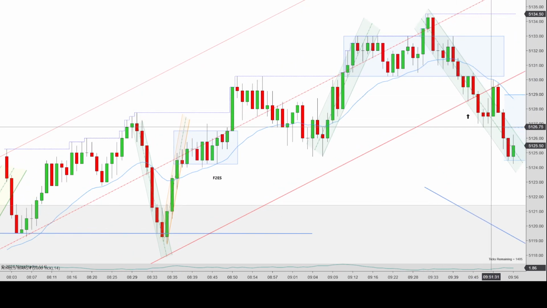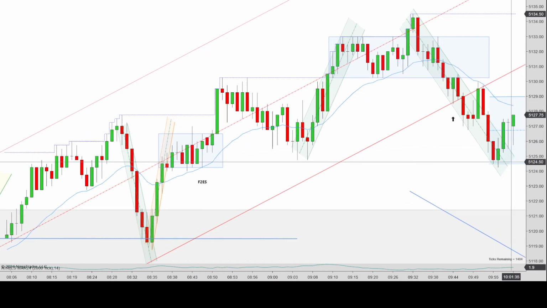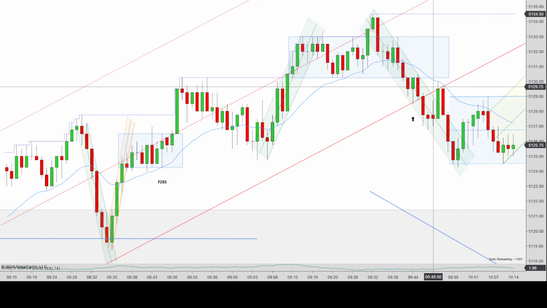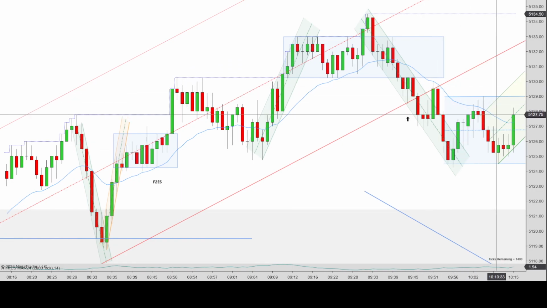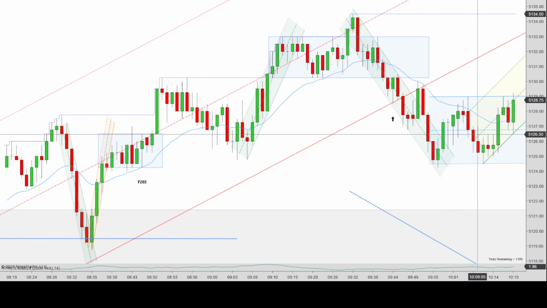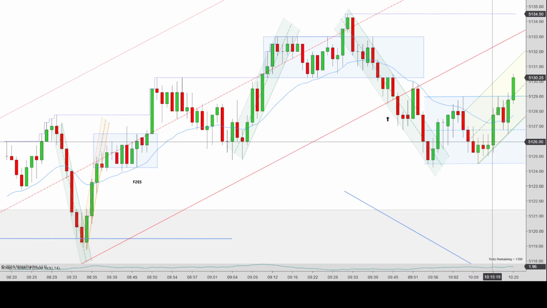Prices continue on this green channel down, has an overshoot, continues downward, breaks up and over. EMA is starting to come into play. It looks like it's acting as some kind of resistance. It gets very, well, just kind of a little congested here because there's small candles, big wicks,